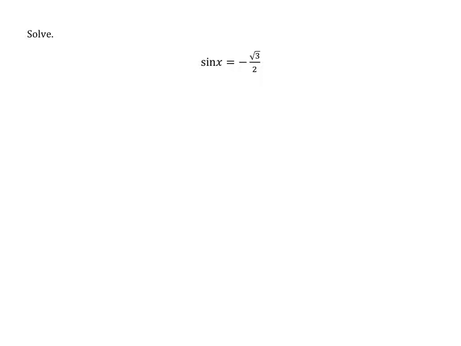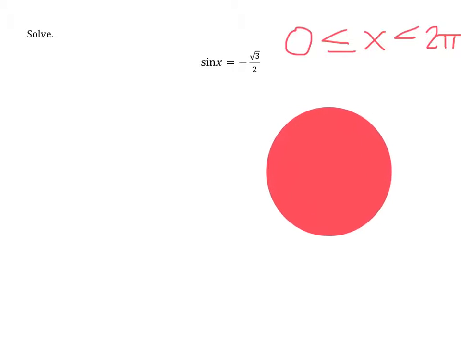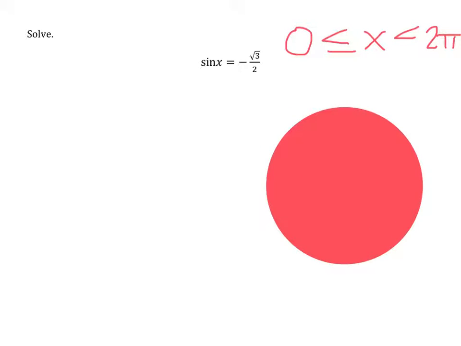The goal of this video lesson is to get you to learn how to solve basic trig equations. In the assignment today, they will ask you to solve it on the interval from 0 to 2 pi. And what you need to do is look at your unit circle, right? So for a problem like this, we'll grab our unit circle